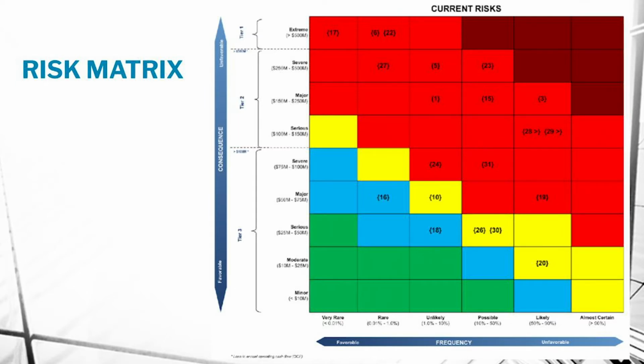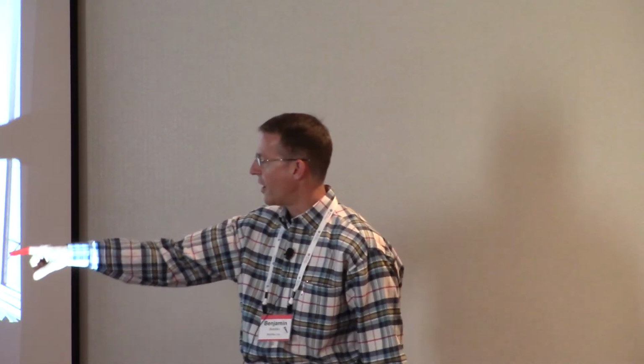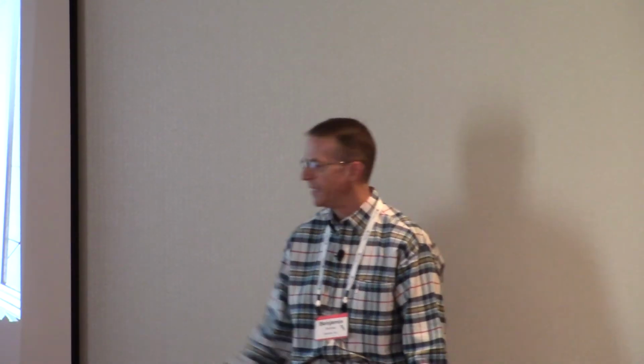So if I want to manage and gerrymander my results, all I have to do is start gerrymandering my numbers and tags on the other side. Likely and unlikely, very rare, less than 0.01%. They're at a logarithmic scale through the first 3 levels, and then all of a sudden it goes 10% to 50% likelihood, and then 50 to 90% likelihood. So nothing is consistent. So I can gerrymander anything that I want with the exact same information. If I'm not consistent, it's not going to be there.